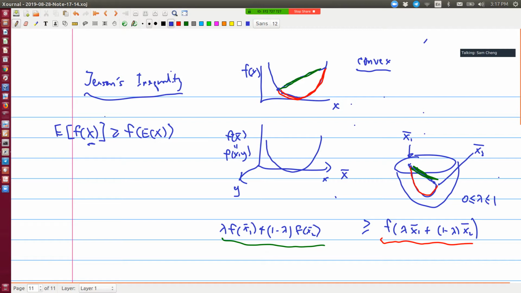Therefore, we can compute the expected value there. And again, f is supposed to have a scalar output, so this is just a number, which is bigger than or equal to f of the expectation of x. If you think of some special case, obviously it will hold, right? Because, for example, if I think of x as just